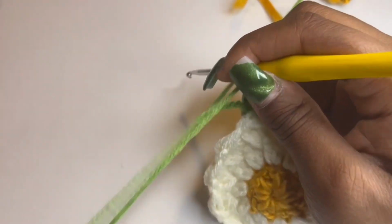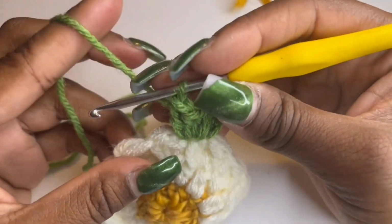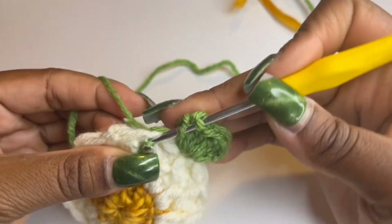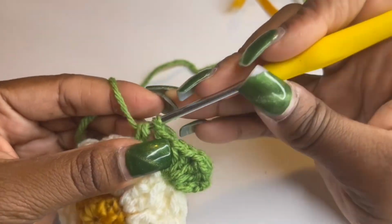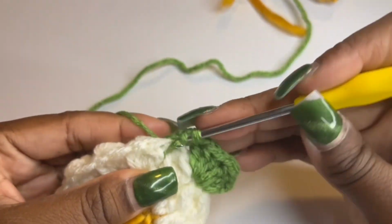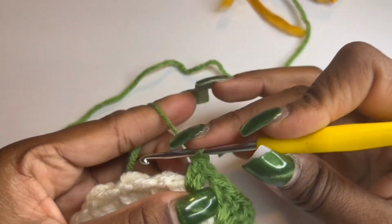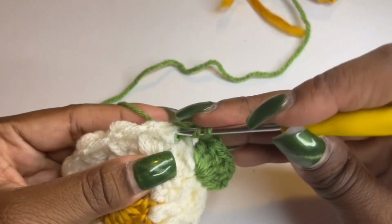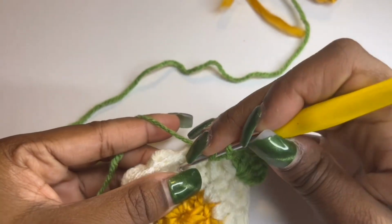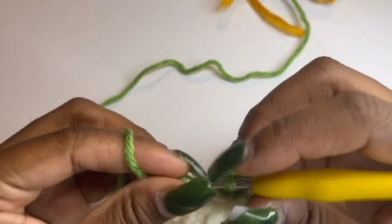Okay, so to the next stitch, here we go. So we're going to basically go to the next stitch and do 3 double crochets. It's that chain 1 space from the previous row. Pull through 2, yarn over, pull through 2, yarn over, underneath, pull through 2, pull through 2. Okay, last 3rd double crochet. Now we're going to the next chain 1 space and do the same thing. 3 double crochet,